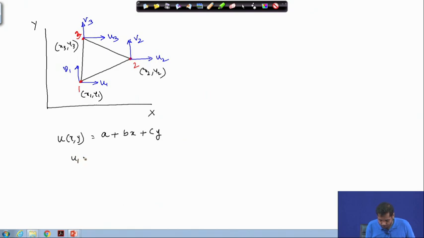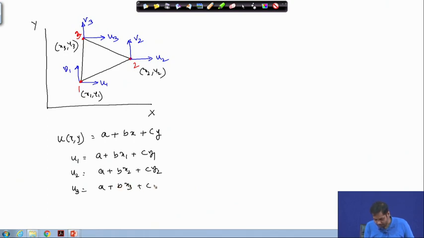So, u1 is equal to a plus b x1 plus c y1, and u2 is equal to a plus b x2 plus c y2, and u3 is equal to a plus b x3 plus c y3. Similarly, we can do it for v. Let us not do it because it will be a similar exercise. Now, from this entire expression, what we can write is